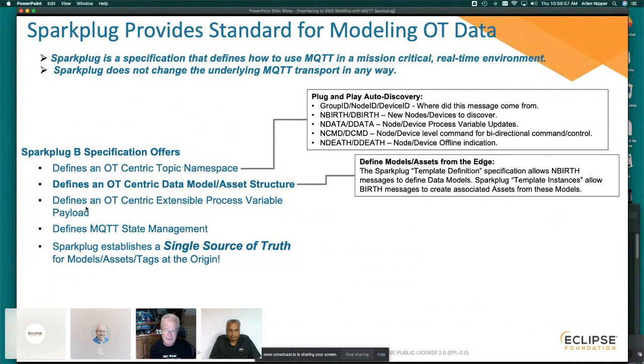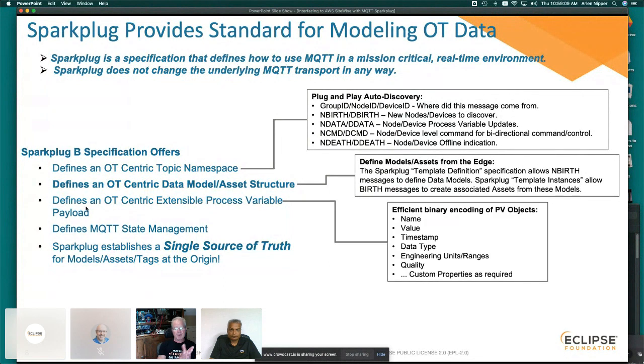But what we quickly figured out is that we needed to be able to define the model first, instantiate that, and then worry about the measurements and the process variables. Third thing Sparkplug does is it gives us a binary encoded, so very efficient, process variable object with everything we need to know. So when we go find that object, we know the name, the value, the timestamp, the data